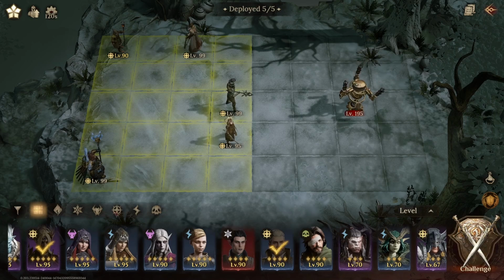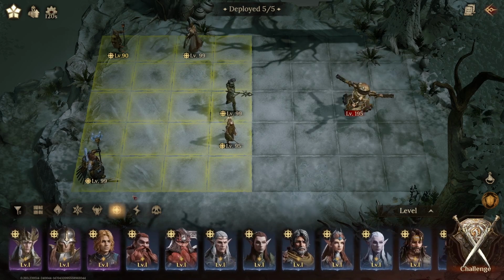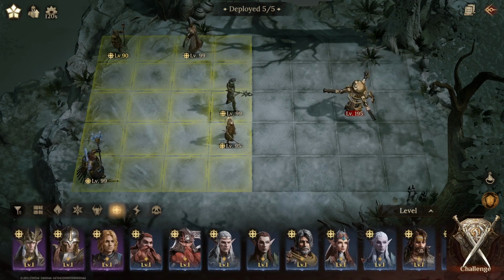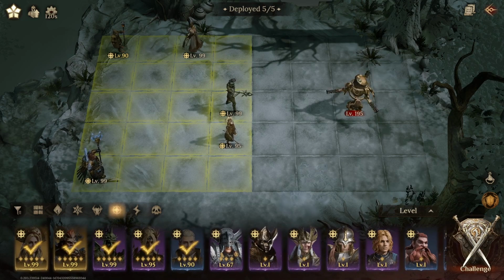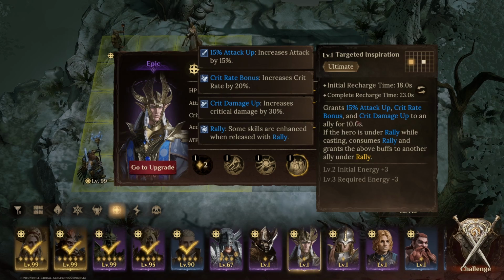Alvis really helps with these stats. But since Welby can do damage and Alvis can't, I went with Welby. That was a good shout, guys. Thank you for that. So yeah, Alvis, basically, this skill grants this 50% attack, crit rate, and crit damage, while